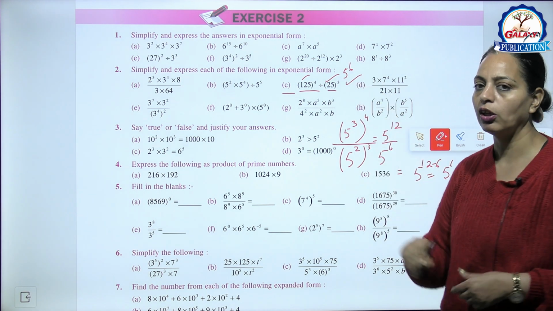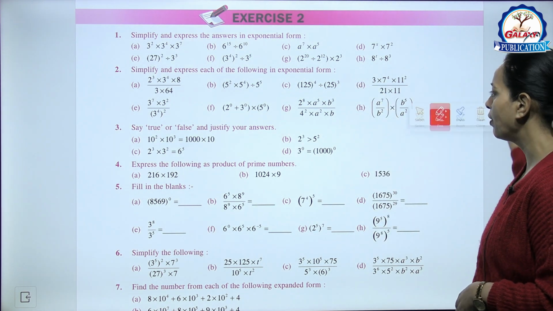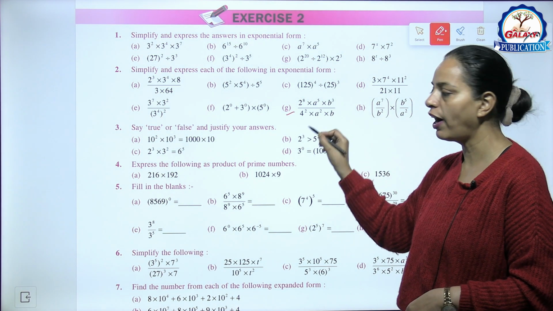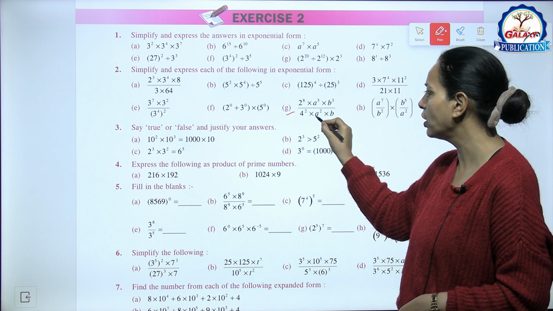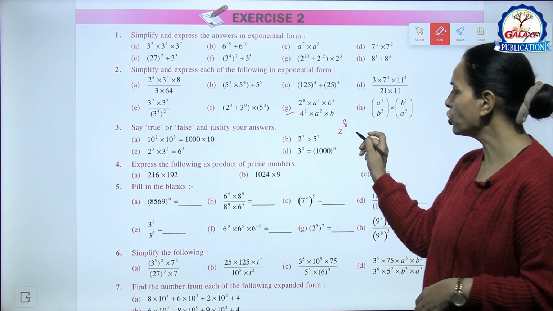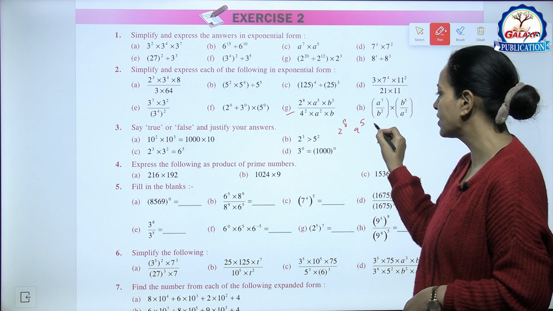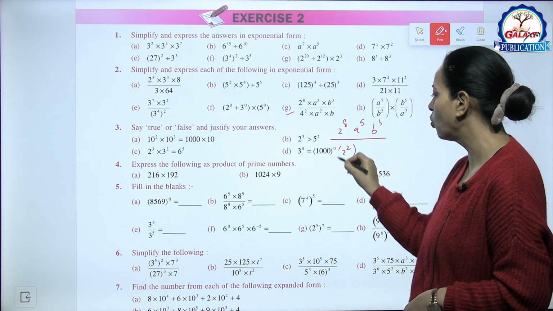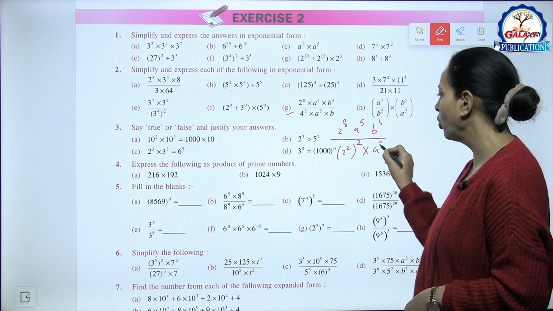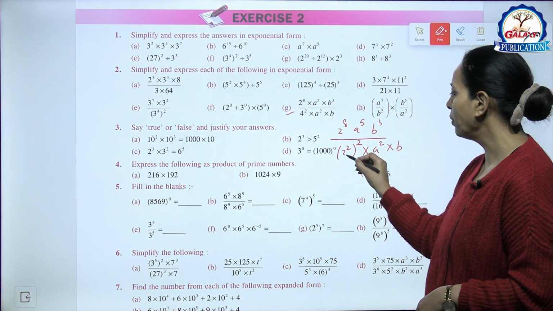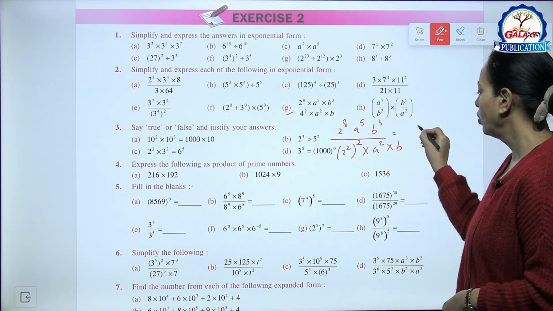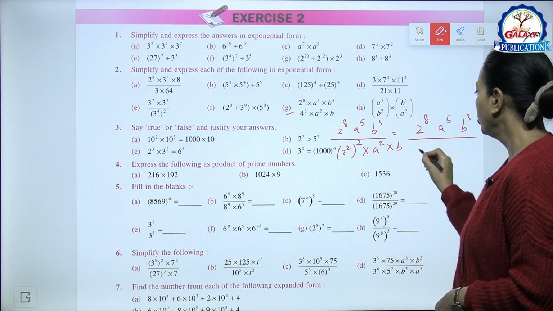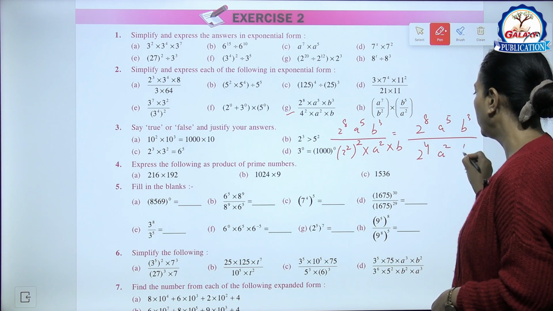Okay. You can apply the laws of exponent and then you can simplify this. Now see here, like G part, 2 raised to power 8 into a^5 into b cube upon 4 square into a square into b. So 2 raised to the power 8 as it is, a^5 as it is, b cube as it is. Divided by 4 square means 2 raised to power 2 whole power 2 into a square into b. Now it becomes 2 raised to power 4, 2 raised to power 8, a^5, b^3 upon 2 raised to power 4, a square into b.